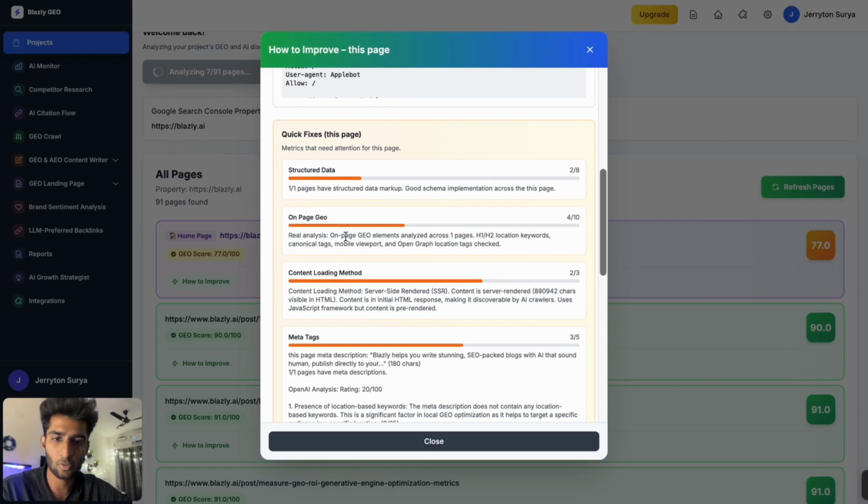Then on-page GEO. What this means is I have to add location-based keywords. When it comes to these LLM platforms, let's say right now I'm in India, and I'm searching for some SEO services or agencies. It won't directly show me an agency in the US. It won't work like that. It will show only the best agency that is